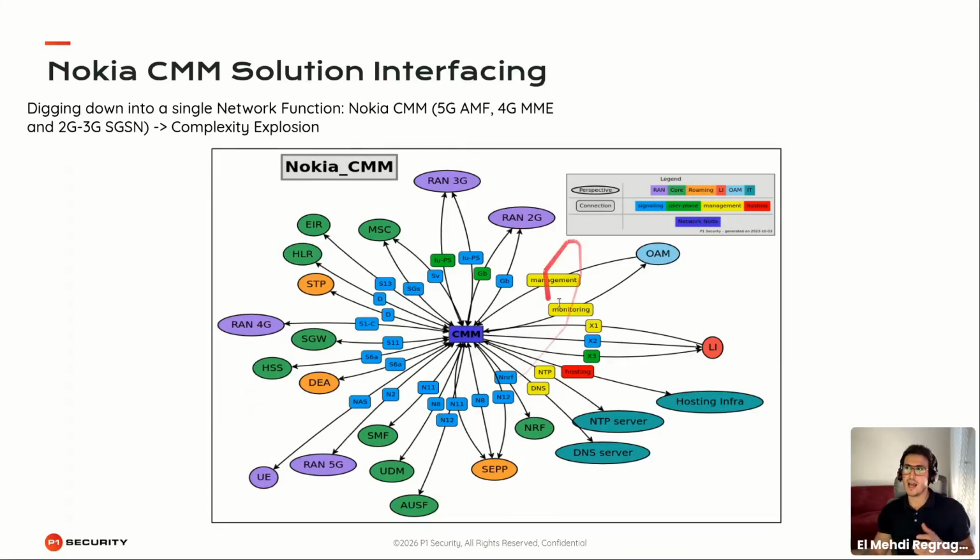Similarly for Nokia, we have the Nokia CMM, which provides the implementation of 2G, 3G, 4G, and 5G technologies, all the mobility and management functions from the AMF, MME, and GSN. So again, we have an explosion of complexity. And an explosion of complexity has a direct impact on security. Now that we have everything in one cluster, how do we handle network segmentation within the same cluster? If one workload, either from operation and management or signaling, has been compromised, either by direct compromise or via, for example, the supply chain,